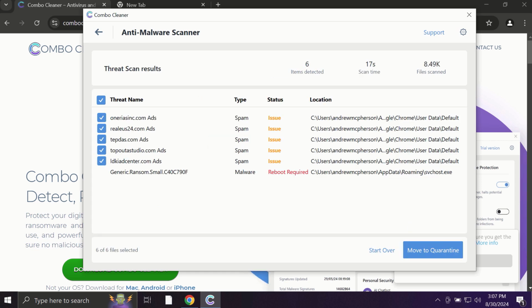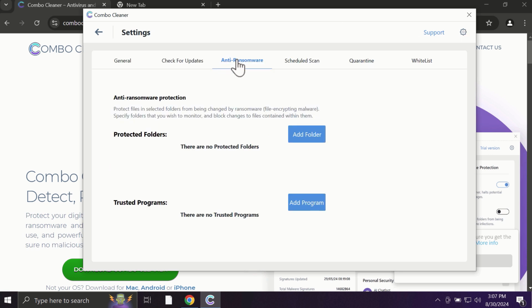Based on the summary of threats, you'll be able to know the information about the locations of threats. Some threats can be removed manually, but definitely I recommend you to consider upgrading to the premium license. With the premium license, for instance, there is an excellent anti-ransomware feature which helps to always keep your data protected. You can add certain folders on your system, and the contents of these folders will always be under protection